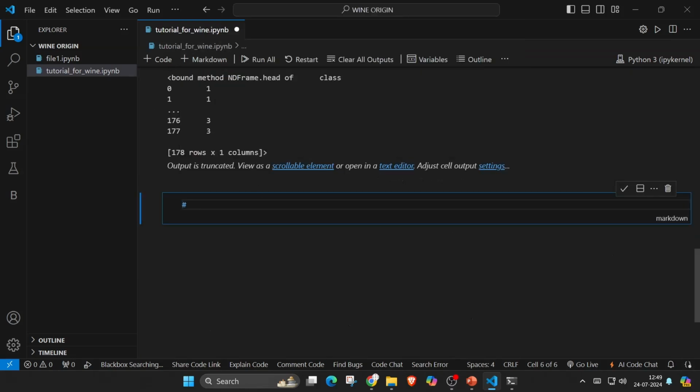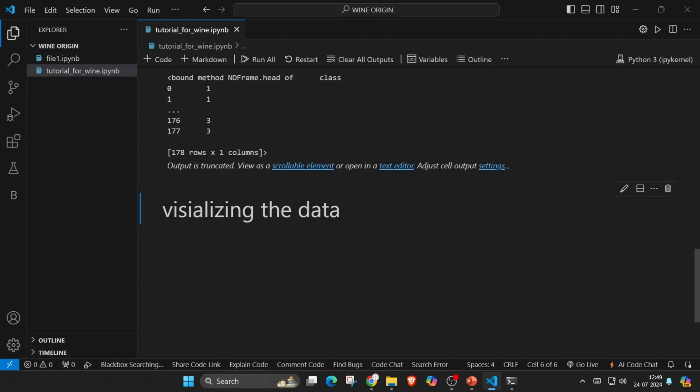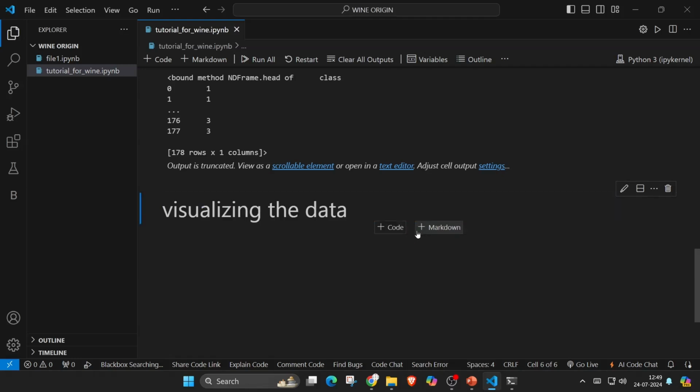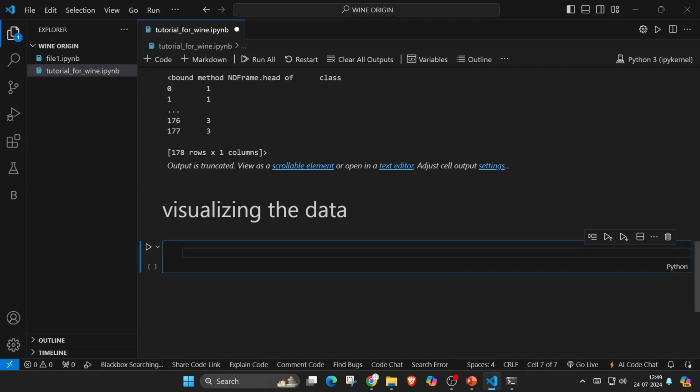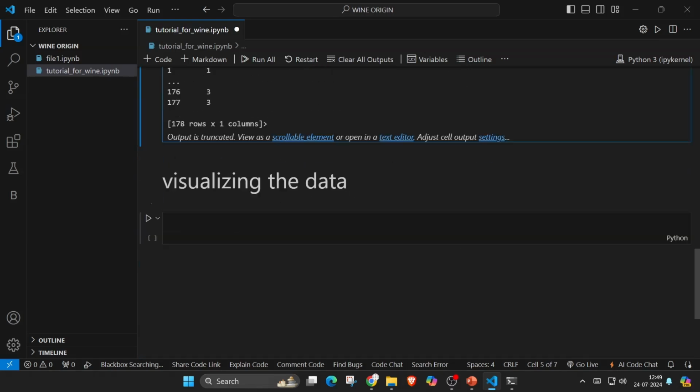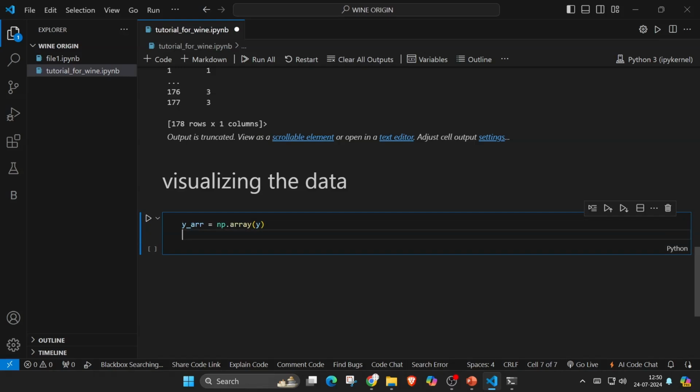And now what we'll be doing is visualizing the data. Okay, now I want to enter a new cell. We have this Python set over here. Now what I want is this class column to be shown to me as a pie chart. So first, let's take this np.array of y, you can tell it like this, or even you can use y.to_numpy, and that's it.